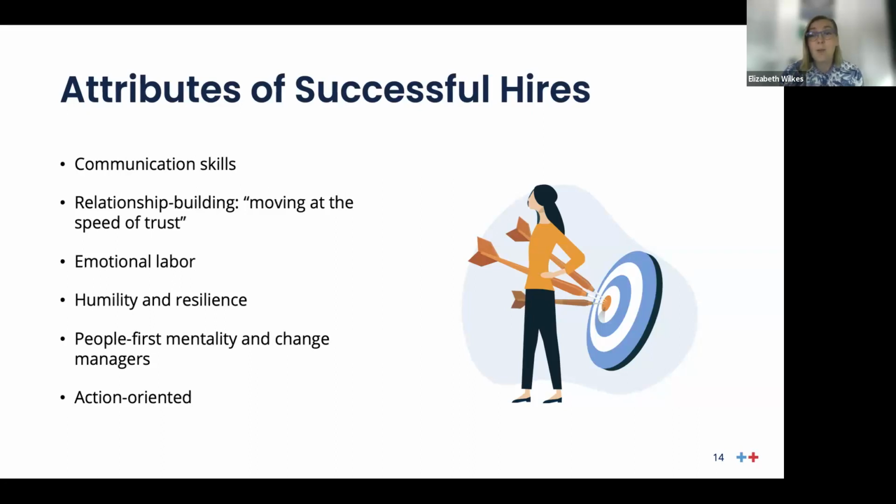And so repeatedly in interviews, we heard emotional labor, emotional intelligence, EQ, different words describing generally the same thing: are folks able to be in rooms with all different kinds of people and have the technical chops necessary. Humility and resilience, having a people-first mentality.